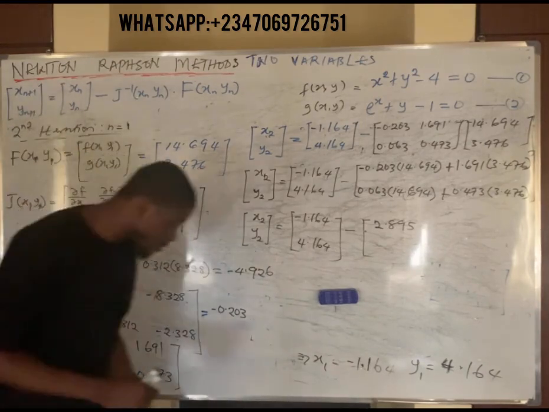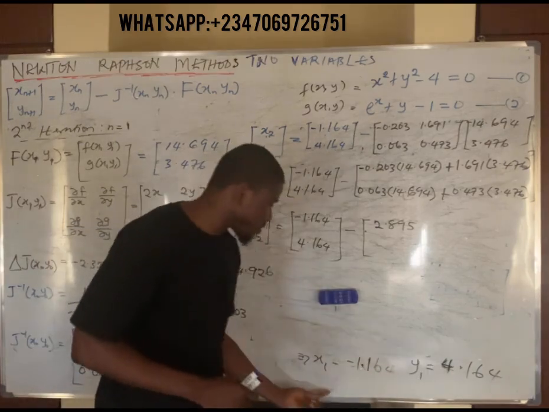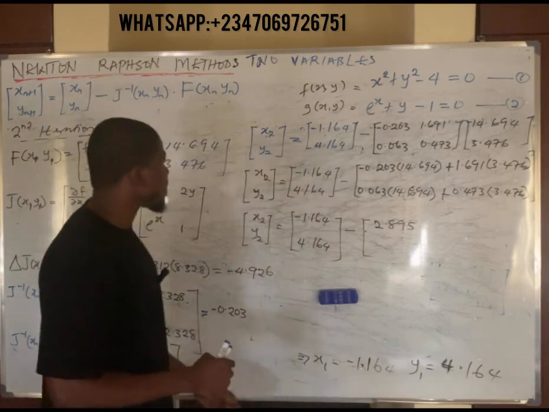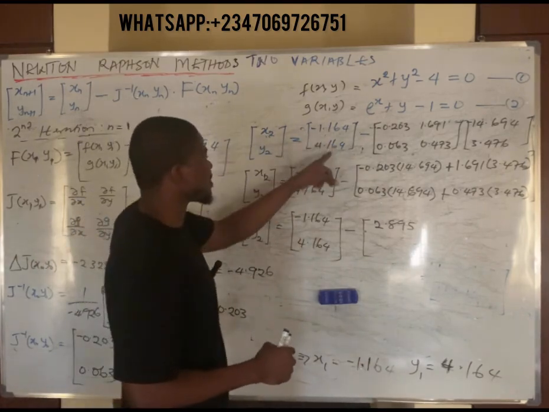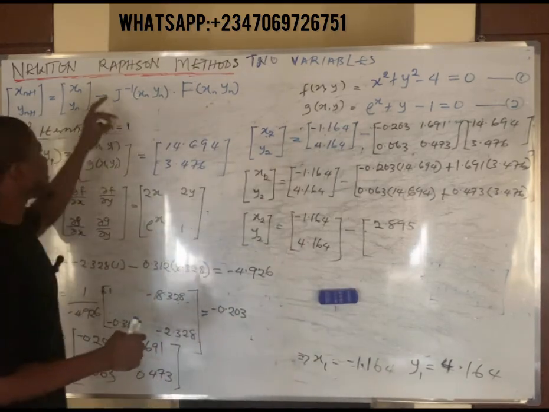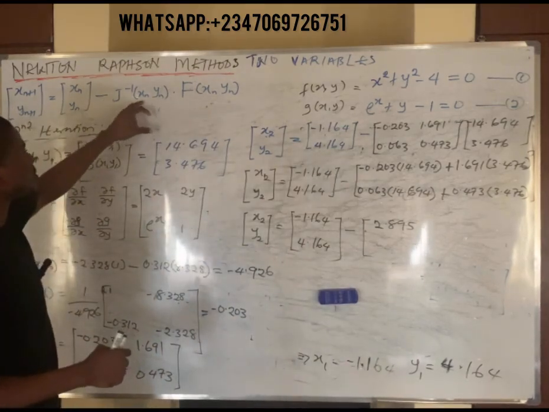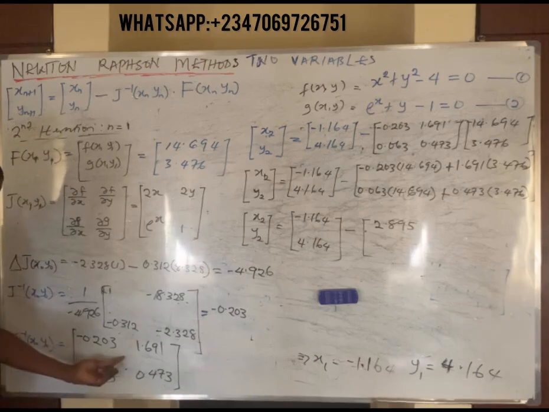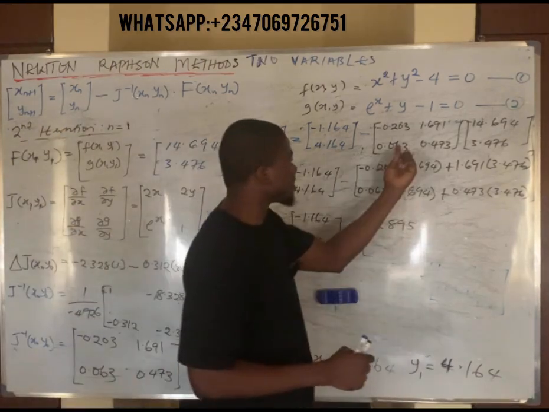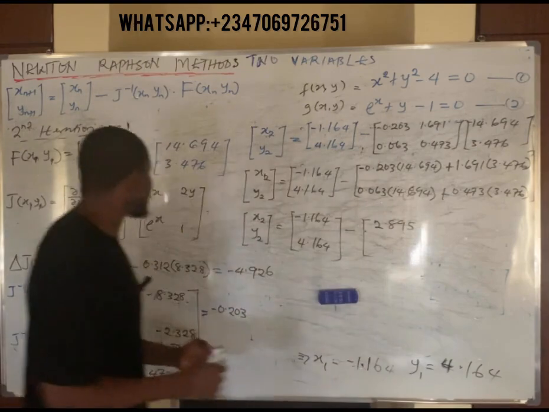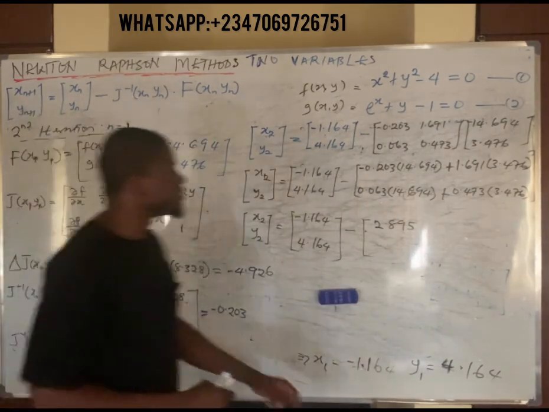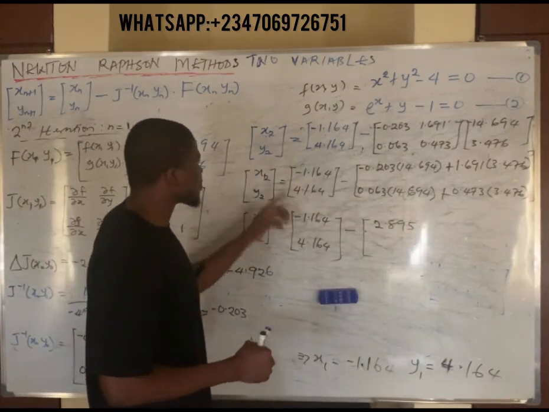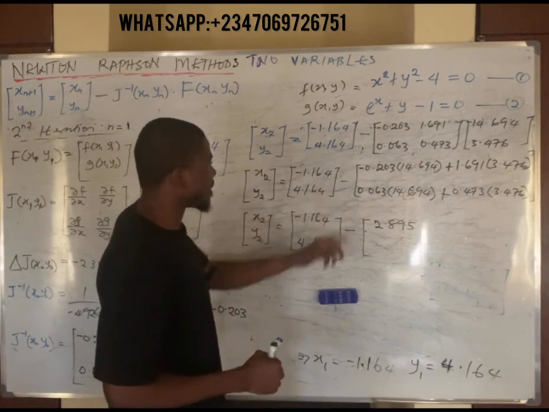Okay, and we have the values of x1 and y1 here, negative 1.164 for x1 and 4.164 for y1. So you have these two values here. Again, it says minus the Jacobian inverse matrix multiplied by the matrix of the function. The Jacobian inverse matrix gave us this. So you simply see it here. That's the matrix multiplying by the matrix of the function, which actually gave us this. And you simply see that here. So all we need to do at this point, x2, y2 equals x1, y1, which is this, minus,